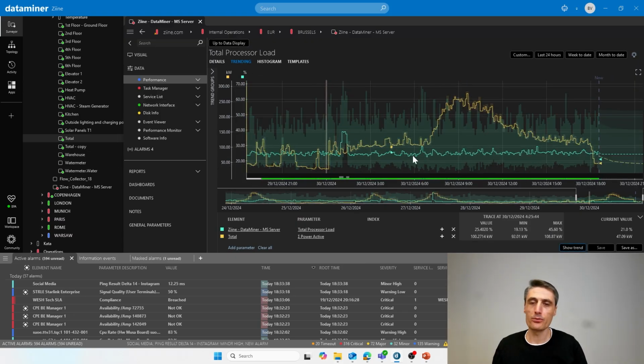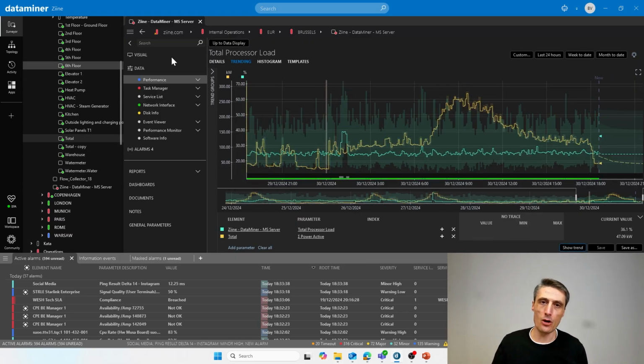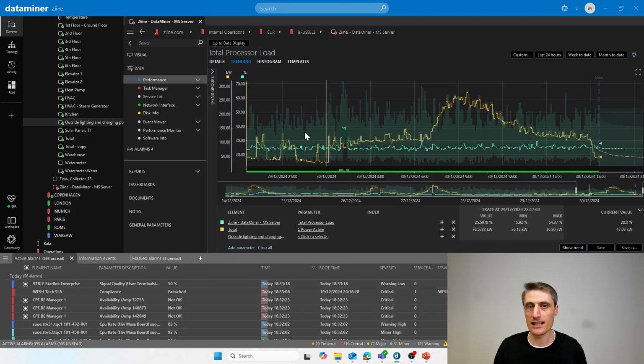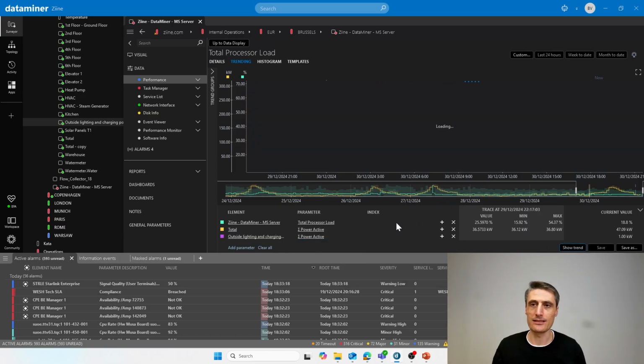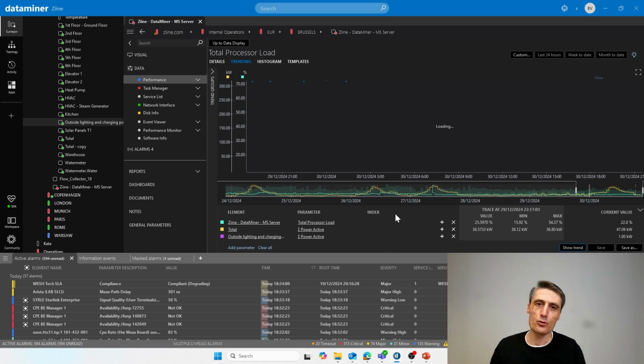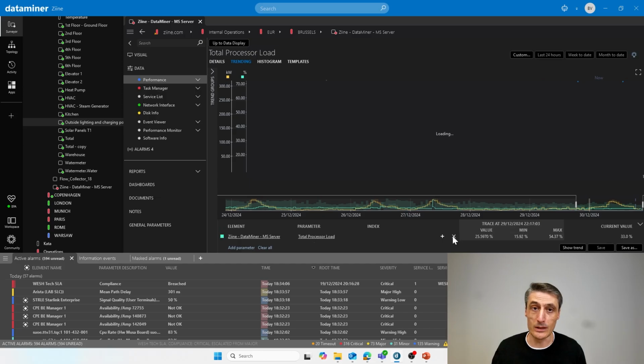So you drag and drop another element on there. For instance, outside lighting was related. I can drag and drop it on there, and I can just take the power active as well on this one and show the trend graph of those three parameters together. So those are three parameters together, but of different elements, but you can also have them within the same